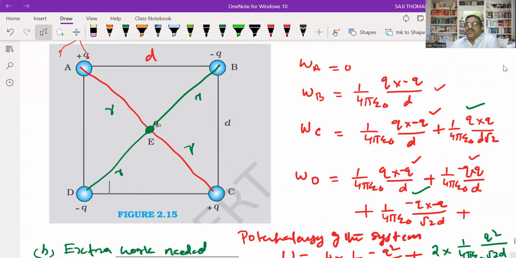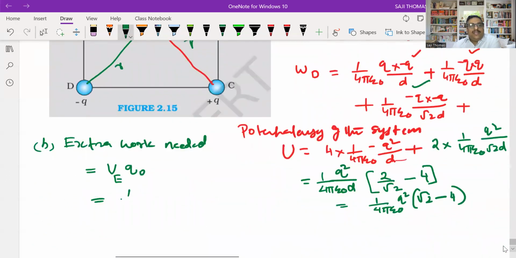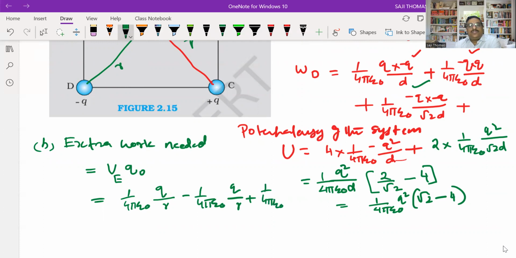So potential due to all the charges will add up at the point E. So what is V? 1 by 4 pi epsilon 0, Q for the charge A, potential due to the charge A is Q by R. Potential at the center E due to the charge B is 1 by 4 pi epsilon 0 Q by R, plus potential at the point E due to the charge C is 1 by 4 pi epsilon 0 Q by R,